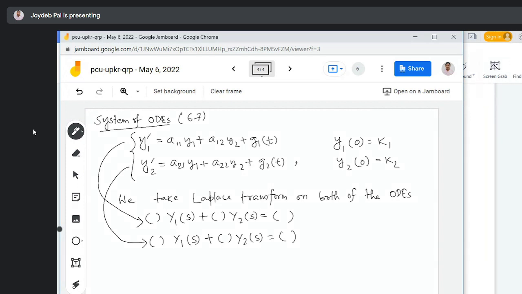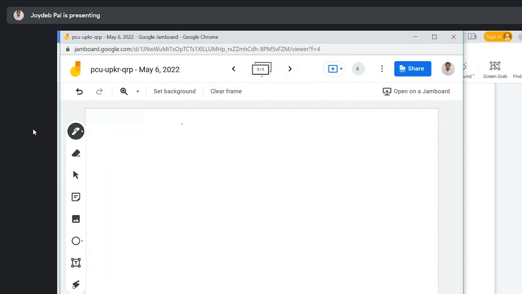You solve these two. So on solving you will get Y1(s) equal to something and Y2(s) equal to something, right? Now taking Laplace inverse, after that you take the Laplace inverse of Y1(s), that will give you small y1(t), and take the Laplace inverse of capital Y2(s), that will give you small y2(t). So taking Laplace inverse,